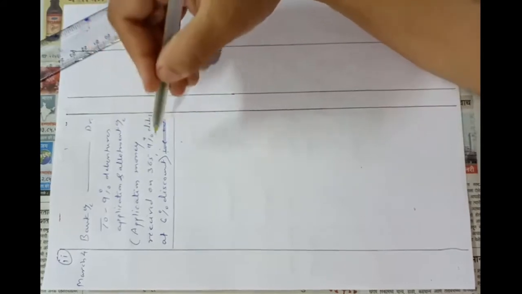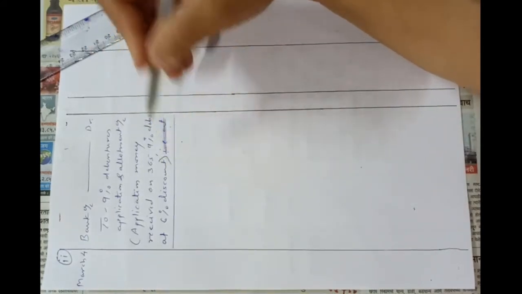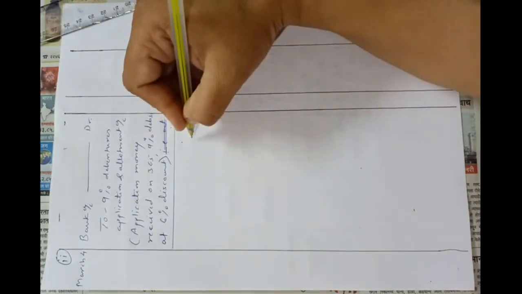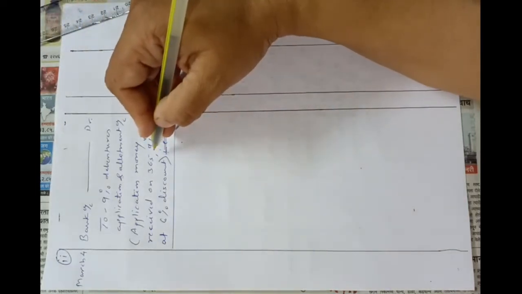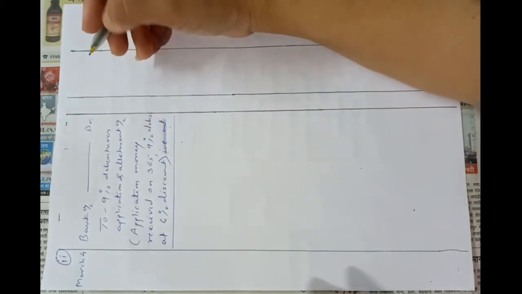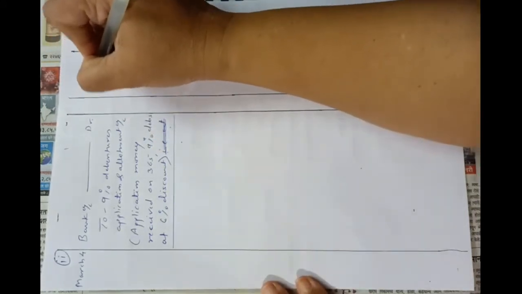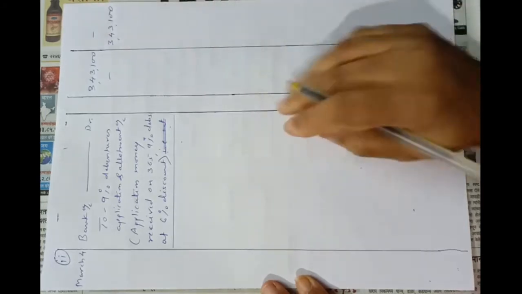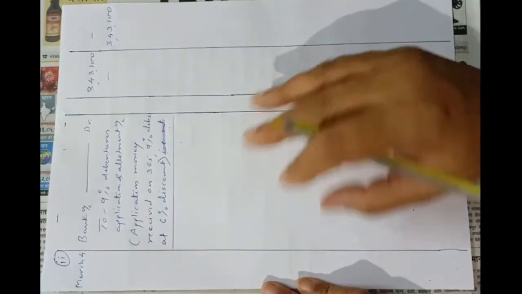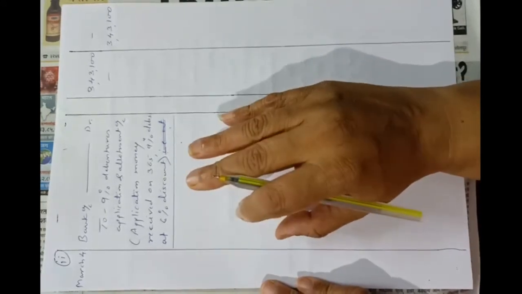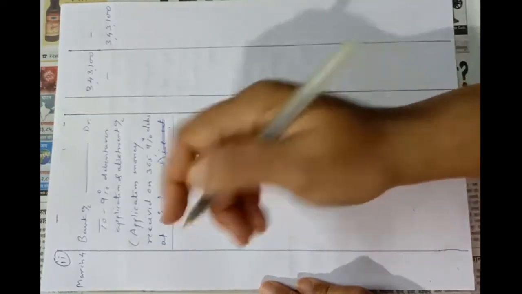Understood? Here we can also write that is at rupees 940 each, but it is not necessary to write it. So 940 rupees per debenture into 365, we have to multiply them and the amount will be 3,43,100. Okay, this amount is received by the company into bank. Now adjustment of debenture application and allotment money.